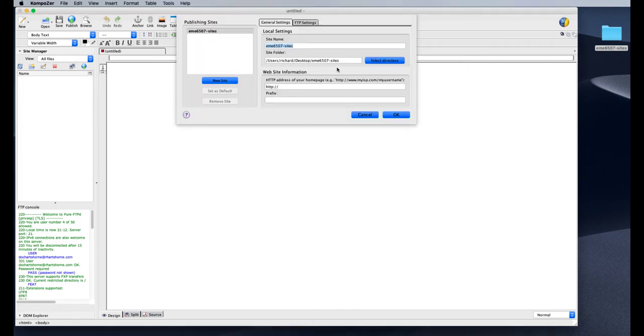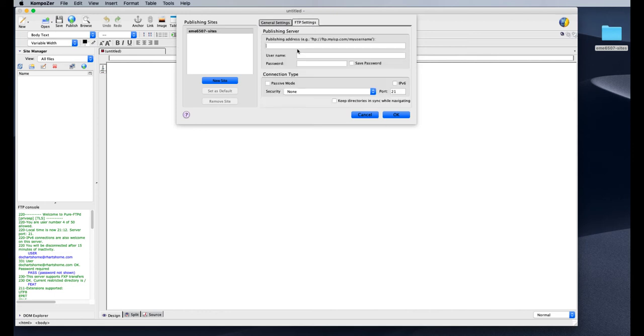I'm going to choose that, and I might call it just EME 6507 as my site name. Again, my directory is going to be the site folder, EME 6507 sites. My website information is just going to be rhartshorn.com, and this will take you to your root folder. So then I'm going to go to the FTP settings. The publishing address is just rhartshorn.com. The username is dochartshorn, or whatever your username is at rhartshorn.com,